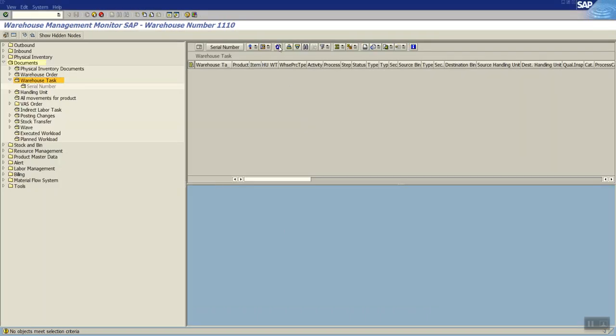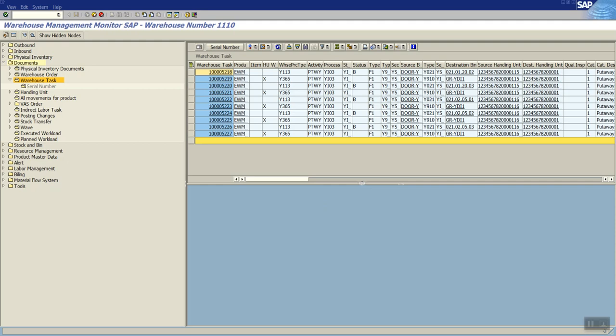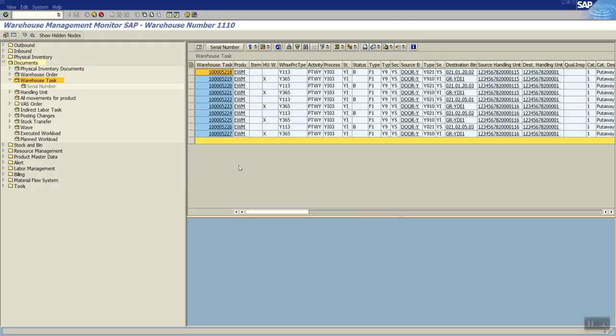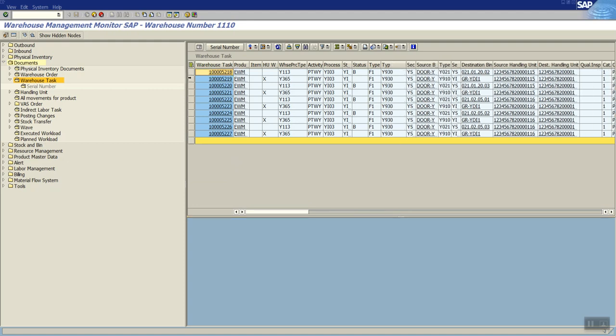So we will refresh the monitor screen and we can see a clear picture of how the warehouse tasks are created. You can see each warehouse task created from door to unloading area and then the final determination. All are showing in waiting status. So this is following the process oriented storage control.